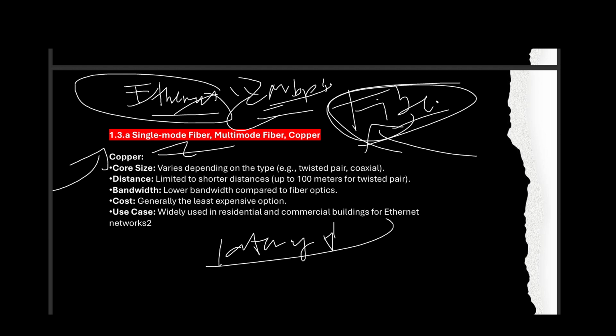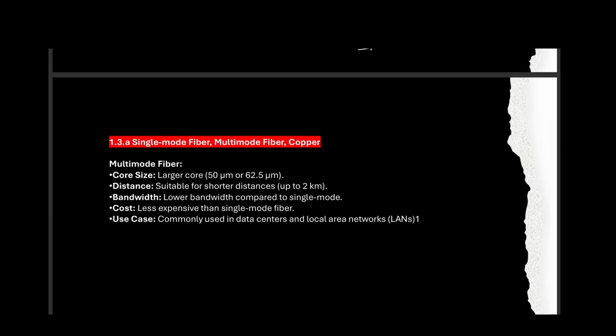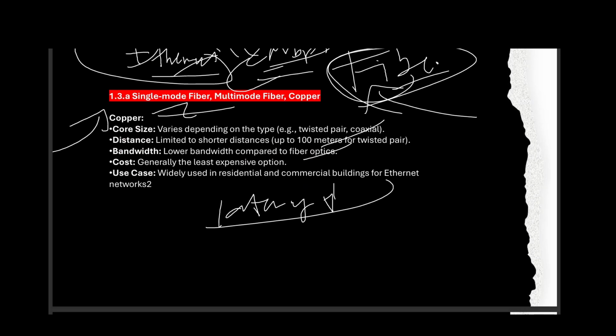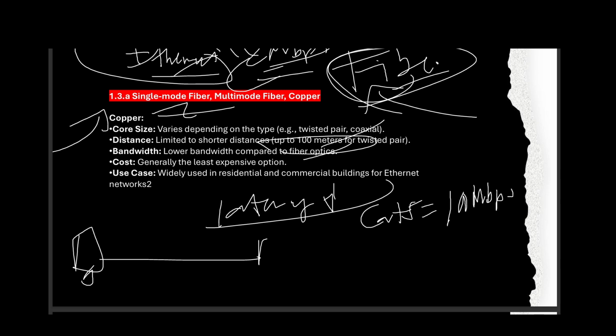So I'd like to start with this one, the Ethernet copper. If you look at that connection, it should be 100 meters with lower bandwidth. For copper cabling, the common one would be Cat 5, which can only handle 100 Mbps. It's also only good for 100 meters, because if you have two computers connected with a copper cable and it's more than 100 meters,